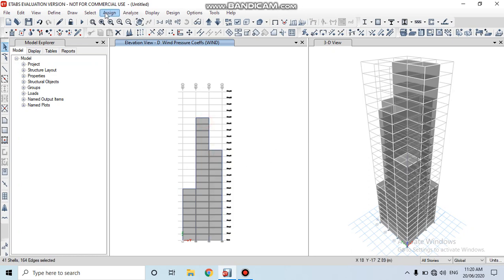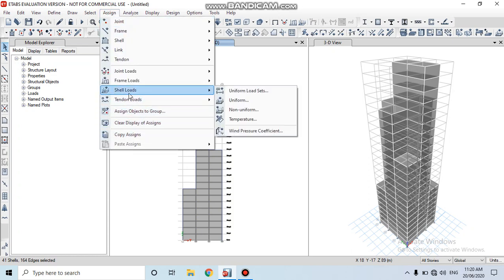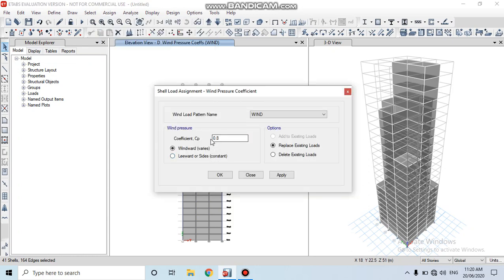Then again assign. In the assign menu, select shell loads, followed by wind pressure coefficient. Here we have to take minus 0.8, which is towards the leeward direction. Then click on apply. Then click on OK.